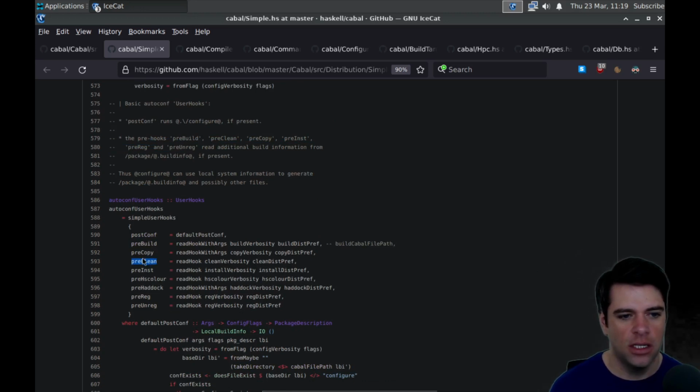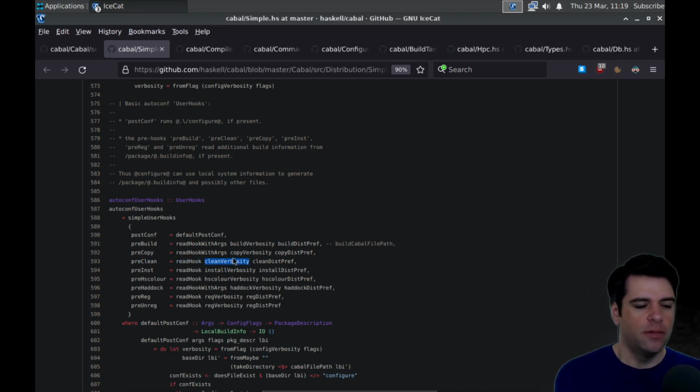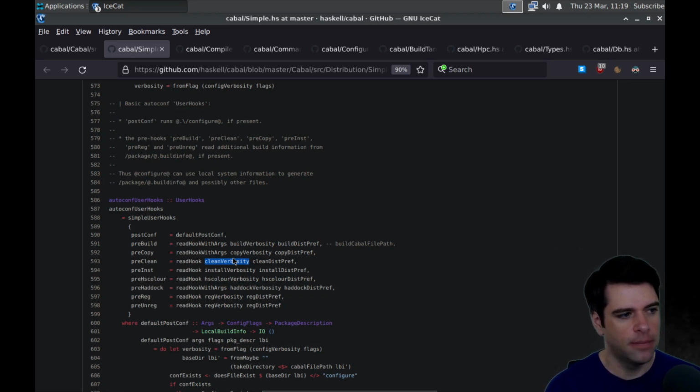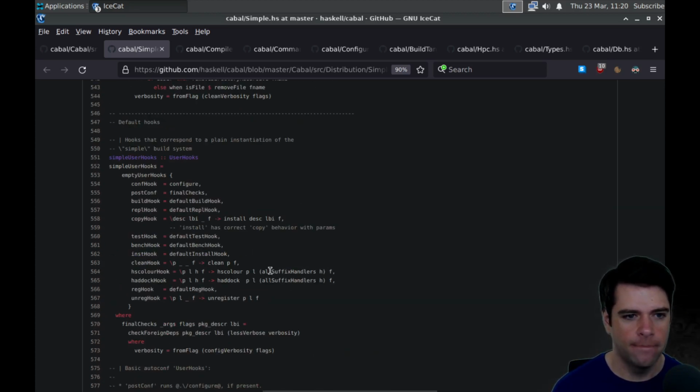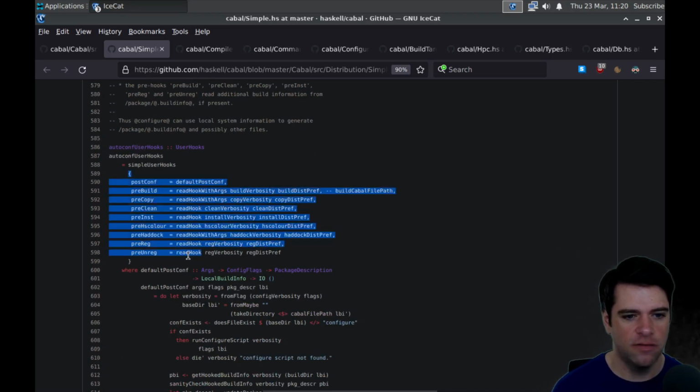So let's see. Pre-clean is going to be a read hook that takes in clean verbosity, which is maybe a configurable way to set verbosity for the clean command, I guess, and a clean dist pref, which I suppose is some sort of preference. And it's just going to do this sort of stuff.